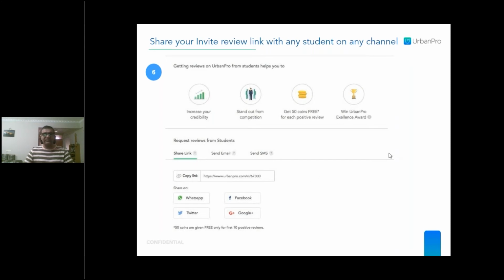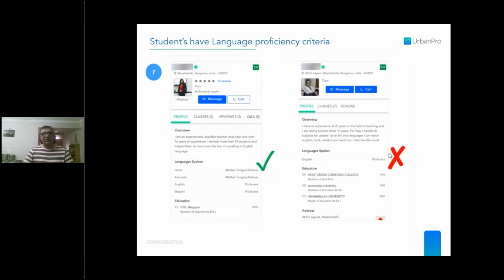Okay, so the next thing we need to talk about is the language proficiency. Why this actually matters is because you may come across students who might tell you that they would love to study with you, but it would be better if you could teach them that subject in their native language. What this means is that, let's suppose